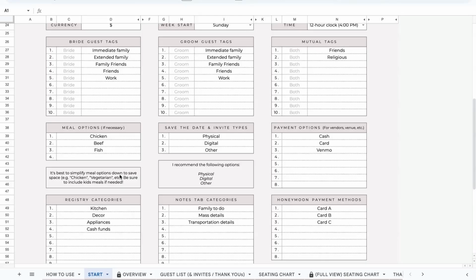If you choose to do a plated dinner, I think that you'll have enough space here to add in your meal options. And remember, if you're having kids and you're offering a kids meal, you'll want to add that in as well. But if you don't have any specific meal options or you're doing a buffet instead, you can just leave this section blank. The next section that I added is the save the date and invite types, which I'm really excited about,